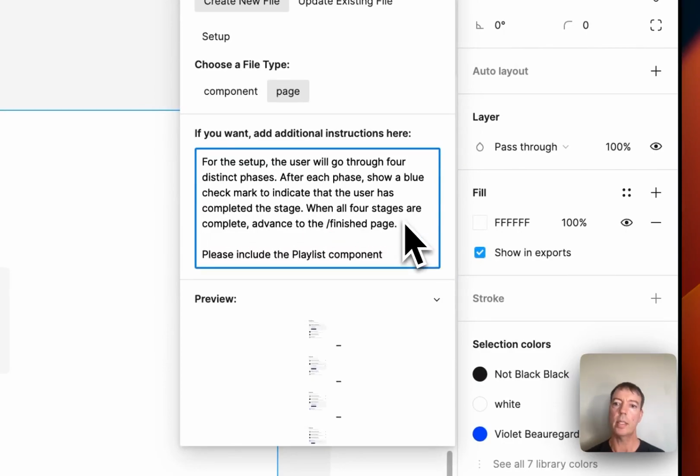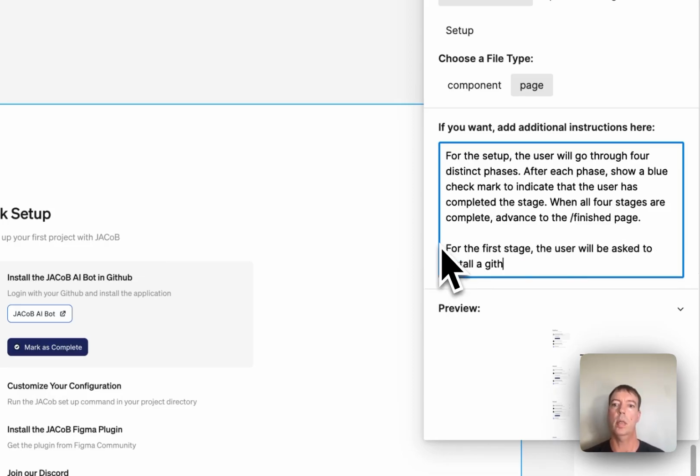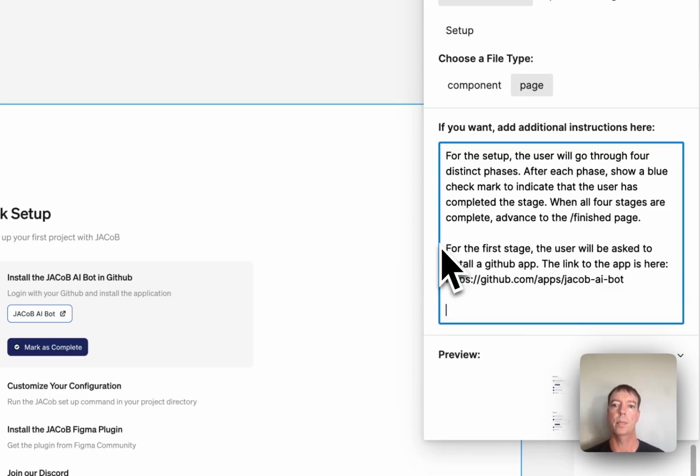And let's see here. Actually, let's not do this now because by the time this kicks off and starts building, that playlist component isn't actually going to be in our repository yet. So for now, let's just ignore that. We can always add that later. And let's do this. Let's add in the links. For the first stage, user will be asked to install the app. Link to the app is here. For the second stage,